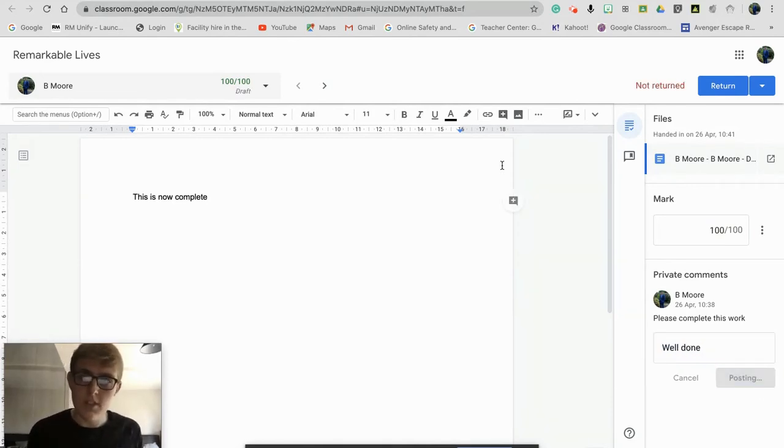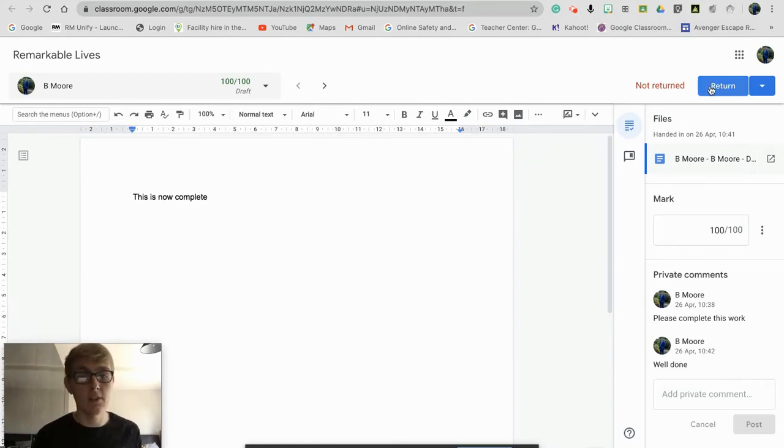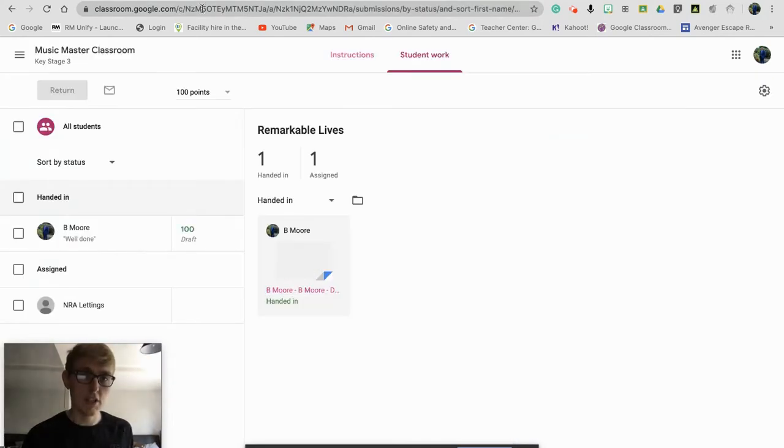Now, you can see up here I've got the option to return. So maybe you've left some feedback and you'd like them to go back and edit that. You can return it from here. Or you have a drop-down arrow. If they've submitted multiple submissions in this one task, like a Google Doc and the Google Slides, you can return multiple submissions from here. Alternatively, you can go back to your Google Classroom view and you can click the tick